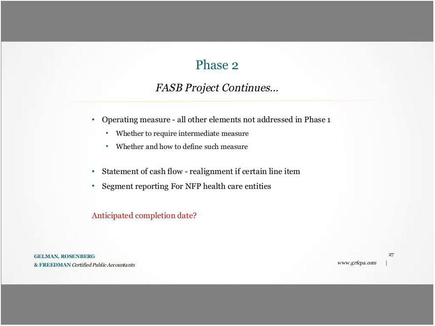Yep, thank you. So that phase 1 is finalized under the new ASU 2016-14, and the standard was effective August 2016. Now this leaves us with phase 2, and FASB is still deliberating over the final items that were not included under phase 1. And a lot of phase 2 is around operating measures and whether or not to require intermediate measures and whether and how to define such measures. That got a lot of discussion pushback from the community when it first came out under the proposed ASU back in 2015. They also want to look at the statement of cash flow, even though they are giving us the option of choosing how we want to present that,